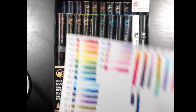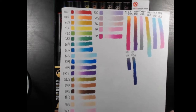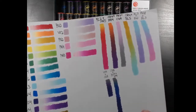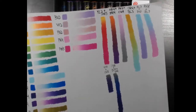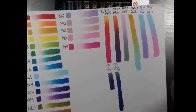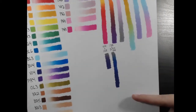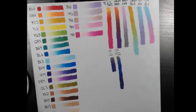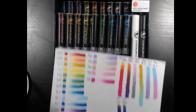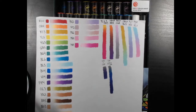They can do this. Just look at that gradient. It's very amazing. See, they have combinations like this right here, which is just gorgeous. You can go from orange to blue, and go from any color, orange, purple, you name it. You can blend it 3-way. You can do whatever, because these are alcohol markers too. They're alcohol based. These are just awesome, so I had to get a bigger set. I might get more one day, but